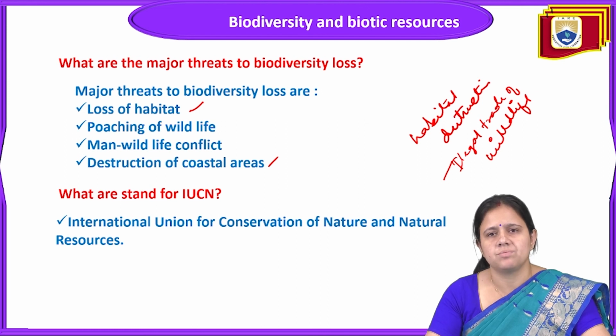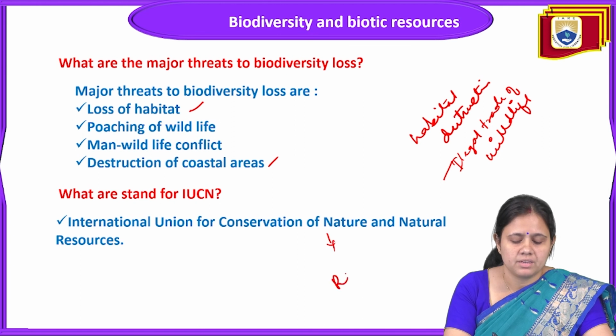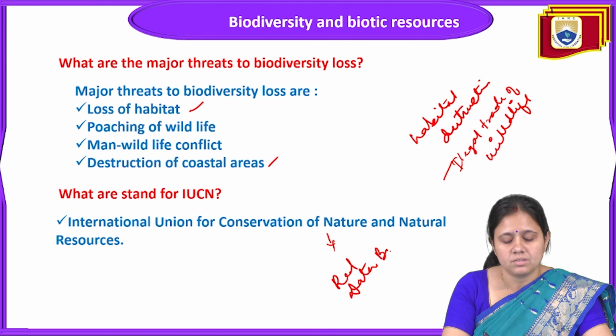Next is, what does IUCN stand for? IUCN stands for the International Union for Conservation of Nature and Natural Resources. It is an international union that was made for the conservation of nature and natural resources. That's why the Red Data Book has been given by this IUCN. The Red Data Book contains the list